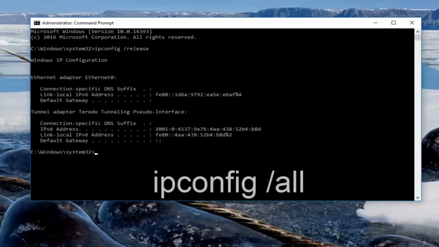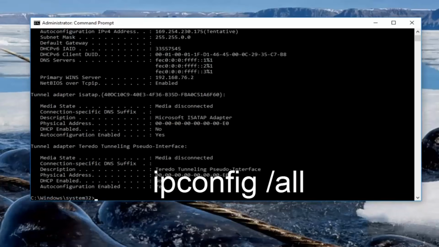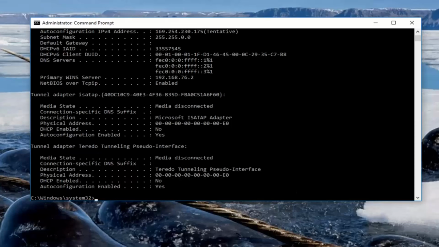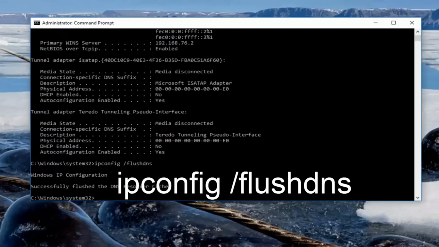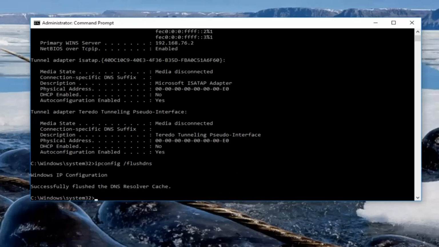Now what we want to do is type in ipconfig space /all, then hit enter again. Now you want to type in ipconfig space /flushdns, then hit enter on your keyboard. It should say successfully flushed the DNS resolver cache. At this point, you want to type in